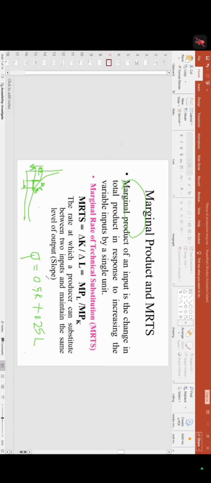Yes. To have the same production, what is the rate between labor and capital? We have to change to have the same amount of production. So in this equation, if someone asks you to interpret this one,